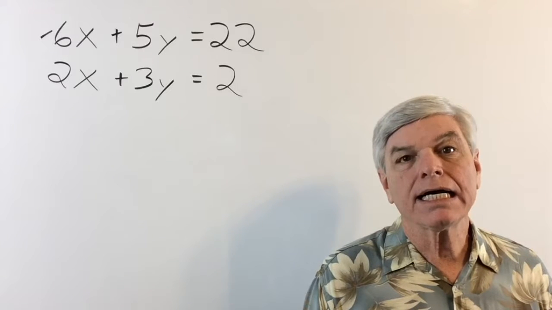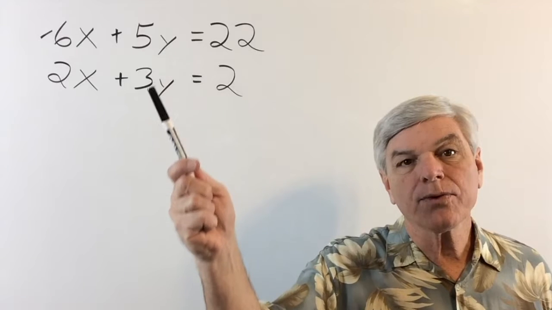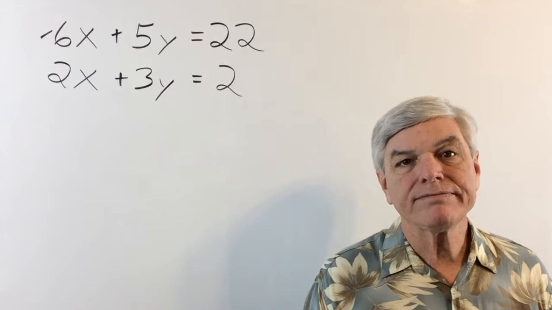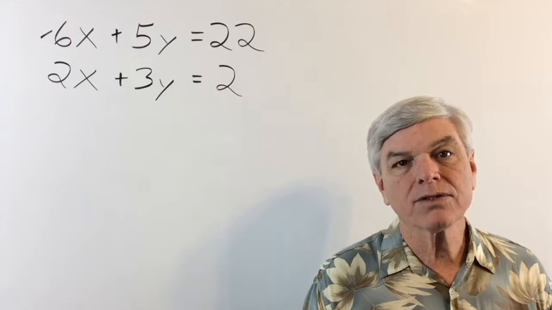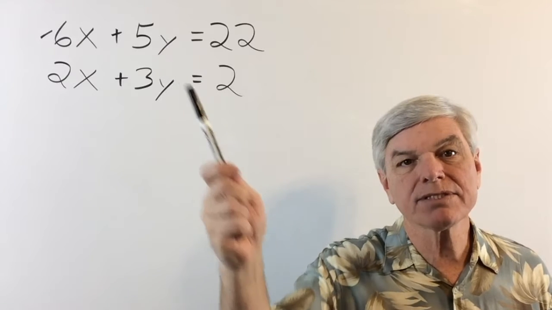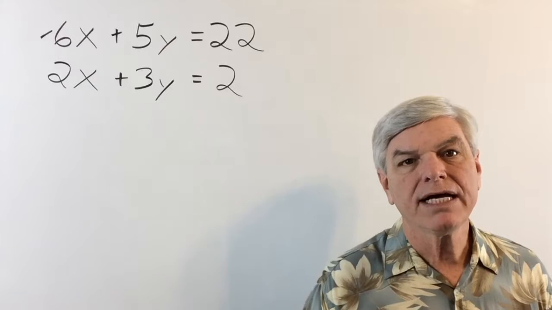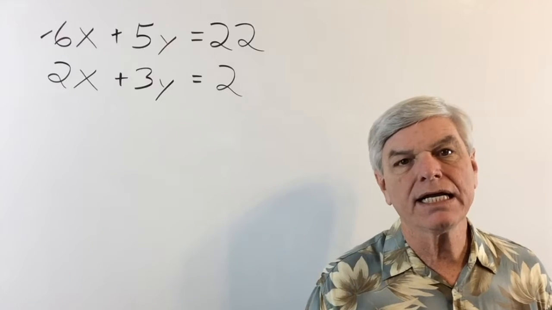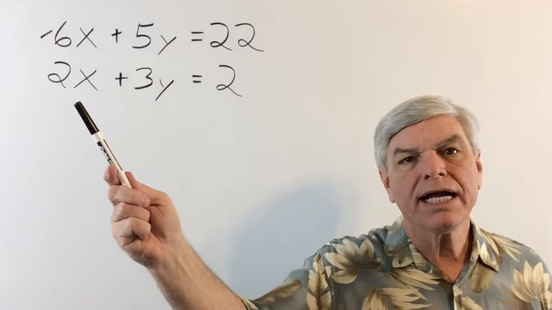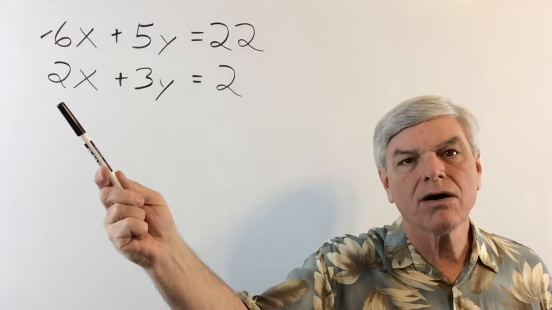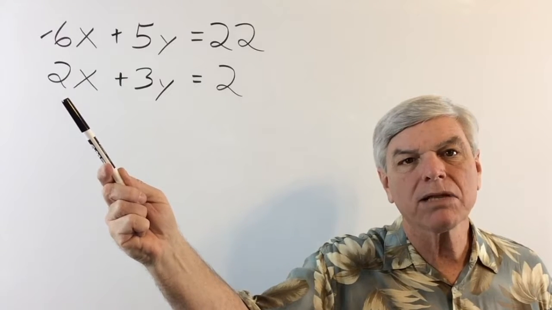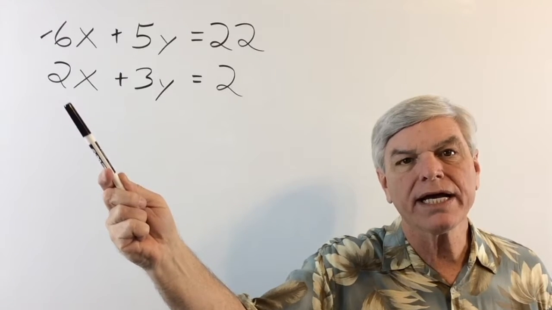And now 3 and 5, we'd have to get those up. We'd have to multiply this times 3 to get that up to be 15. We'd have to multiply this times 5 to get it to be 15. But here we can leave that negative 6 alone, and if we multiply this equation by 3,